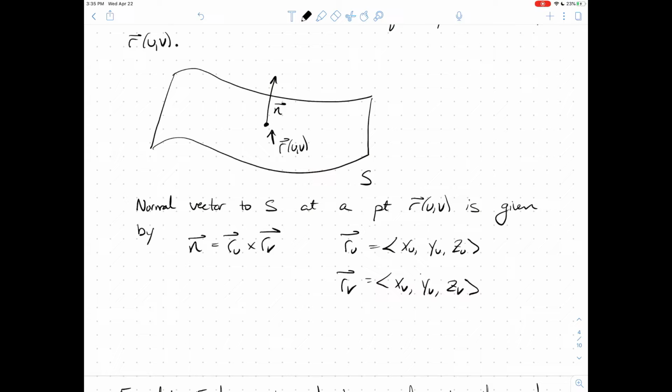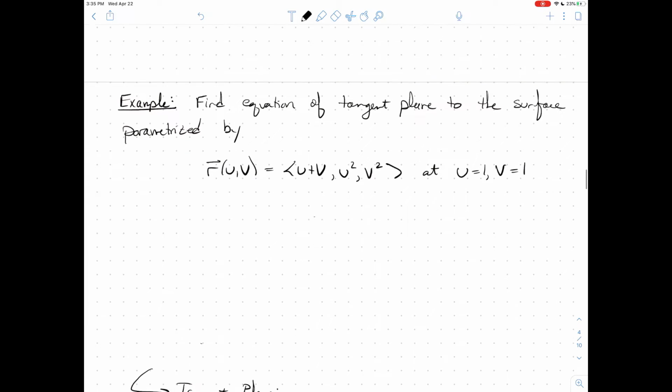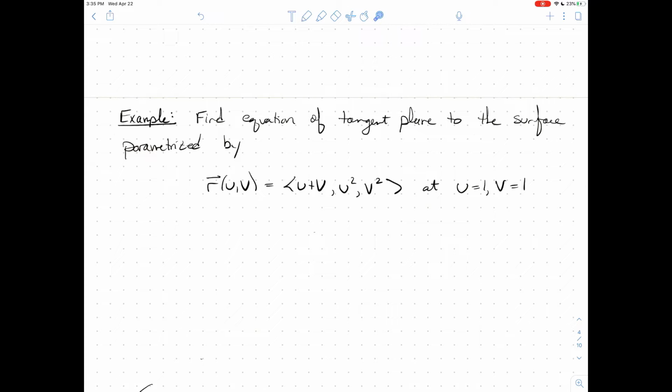So let's learn this via example. That's always the best way to do this. We're going to find the equation of the tangent plane to the surface that's parametrized like this. Here, I'm not asking you to parameterize anything. I'm giving you the parameterization, and I want you to find the tangent plane at this particular point, U of 1 and V of 1. We can start two different places. Let's actually find the point on the surface that corresponds to when U is 1